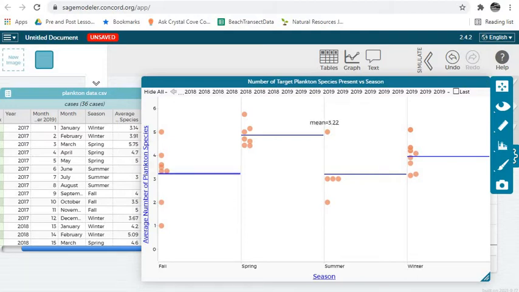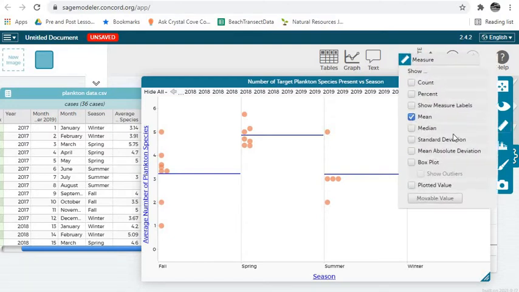If we have means of different categories, you can tell overall where there are the most plankton species in which season and where there were the least plankton species observed. But as you can tell, there's also a lot of variation. Some days are just higher and lower, not relative to the season. So one thing that we can do to help visualize this is in the toolbar, you can add